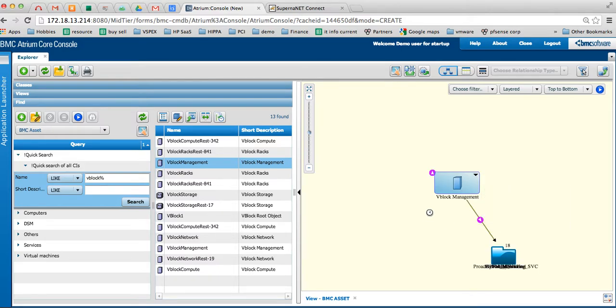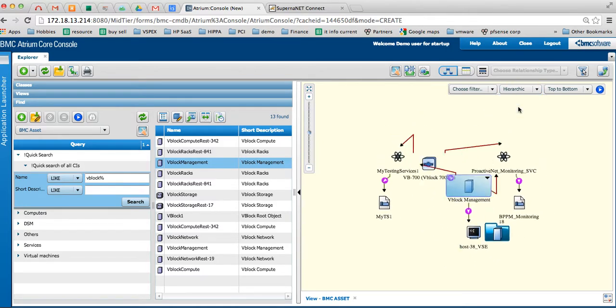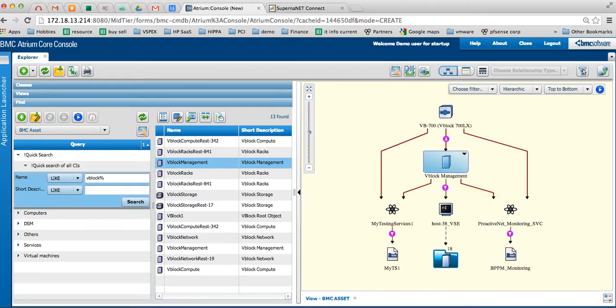I can expand. So here we've got a Vblock 700. And here you can see an example of how different objects are related to each other. These lines are actually CI objects that relate one object to another. They also allow fault propagation from one object to another to simulate failures in your environment and see what the